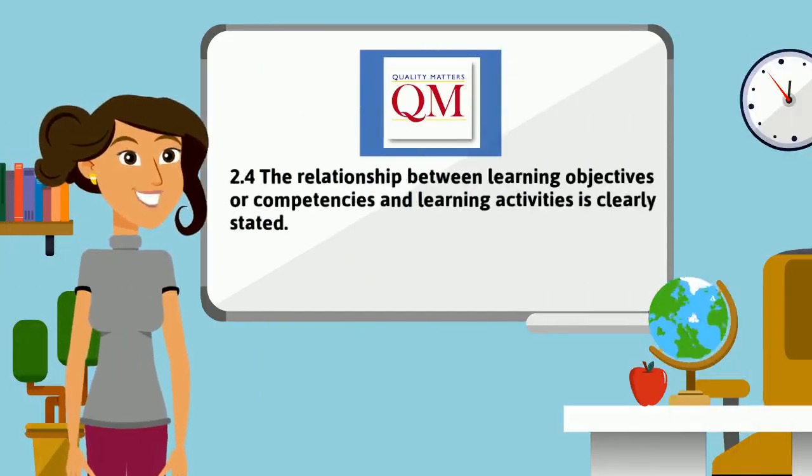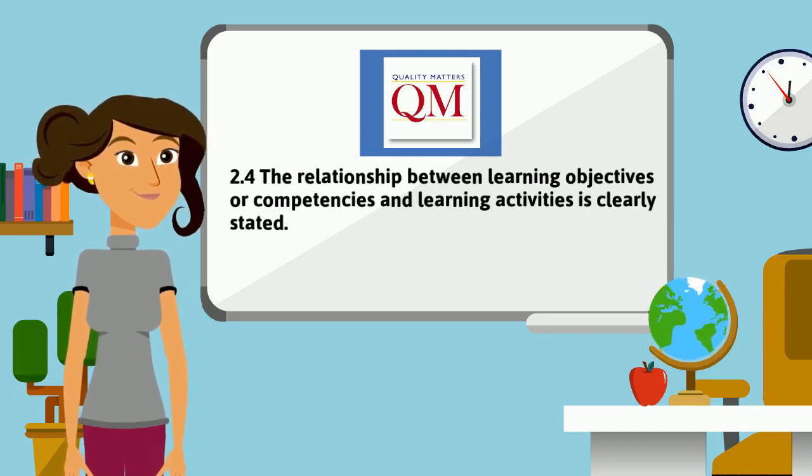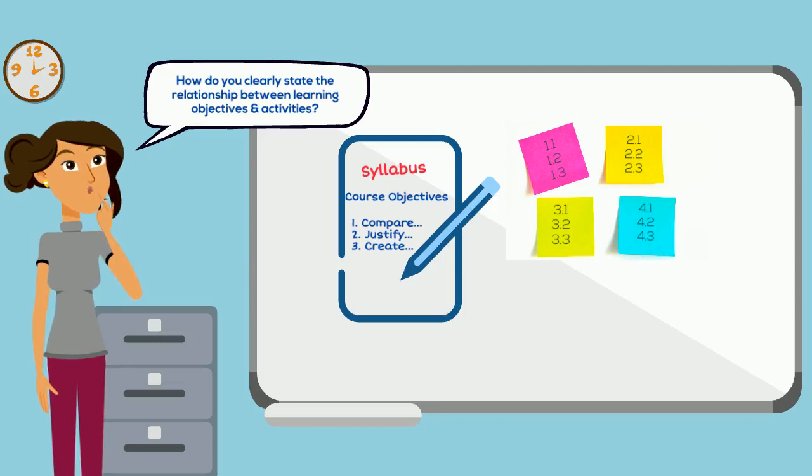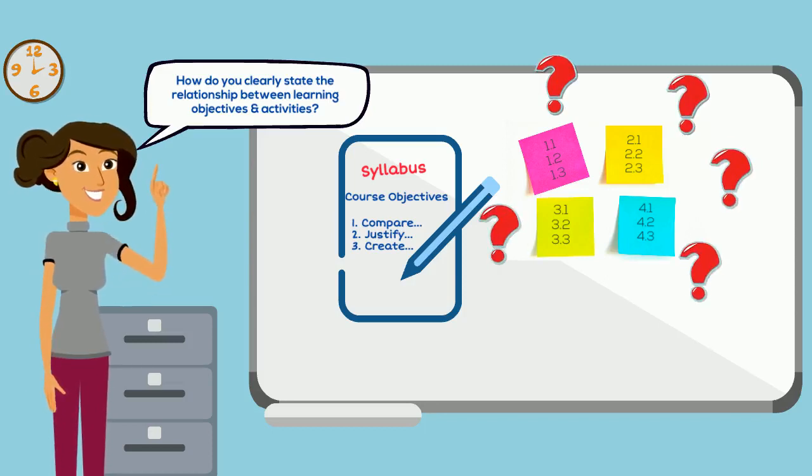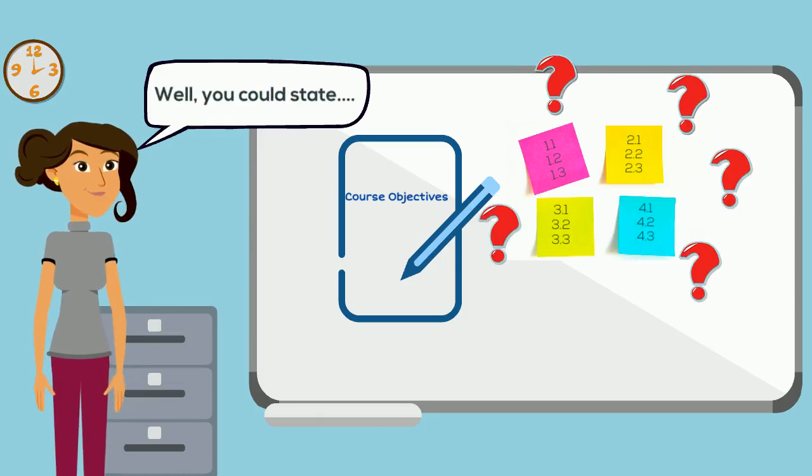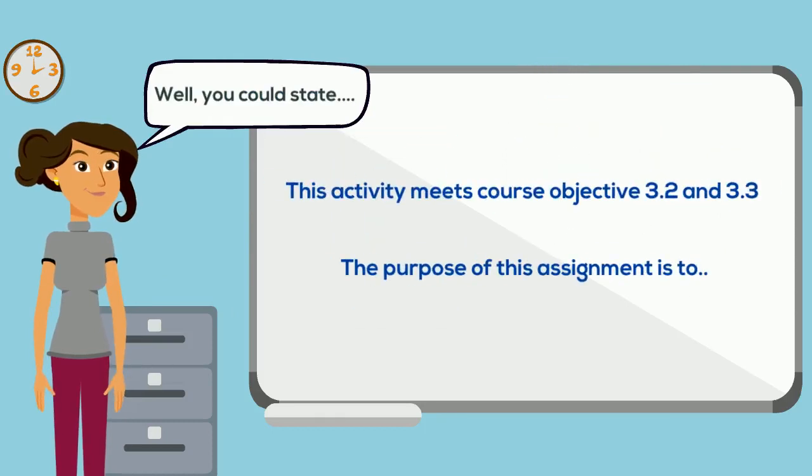Quality Matters Standard 2.4 states the relationship between learning objectives or competencies and learning activities is clearly stated. How do you clearly state the relationship between learning objectives and activities? Well, you could just make a statement after each activity, or